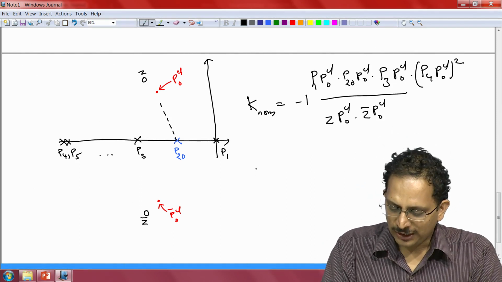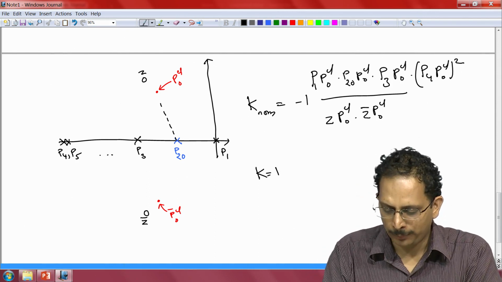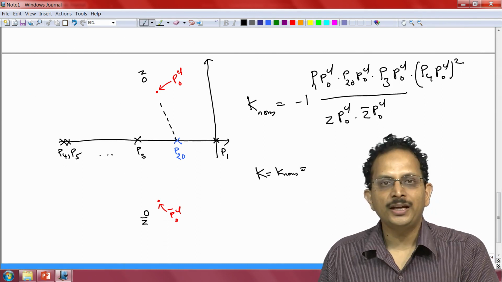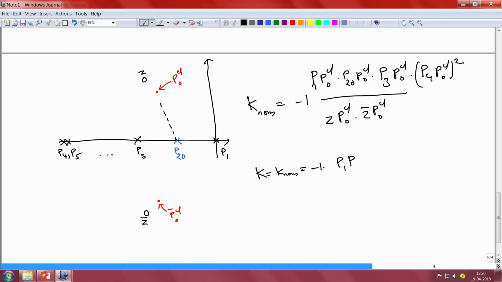Now likewise I would have the actual gain of the system, which is going to be equal to the nominal gain, equal to minus 1 times P1 PCL, because when the plant's pole location changes, the closed loop pole will no longer be located at the point PCL naught, it may be located at some other location. We shall call that location PCL. Now when this plant pole is at this location, let me call this actual position of the plant pole to be P2, while P2 naught is its nominal position.